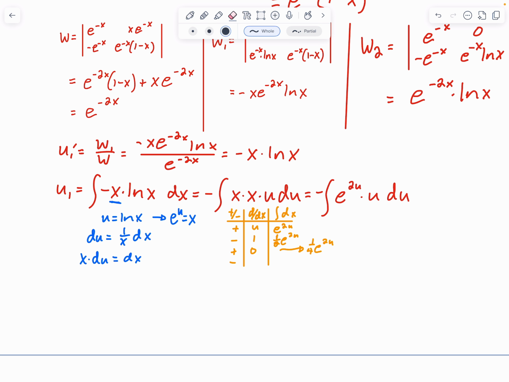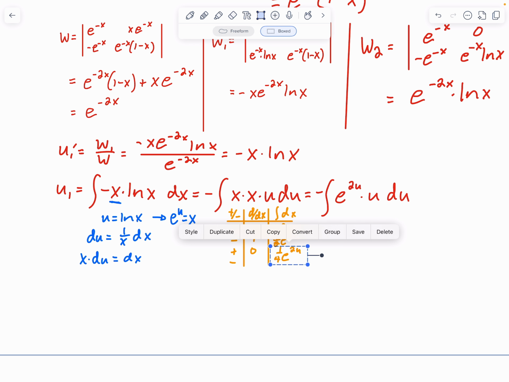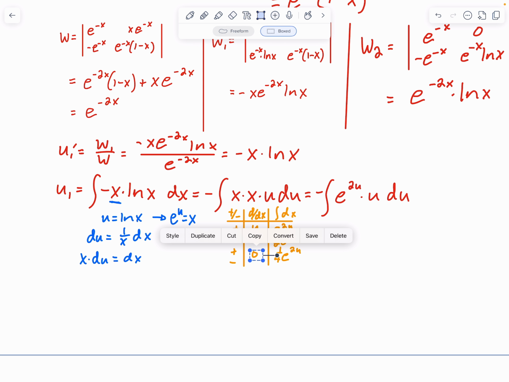I guess I could put that down below. And then that's all I have to go because that's 0. We just have to be careful here. This 0 is right there in that row. Okay, so my solution for that integral would be negative, and then it's going to be 1/2 times u,